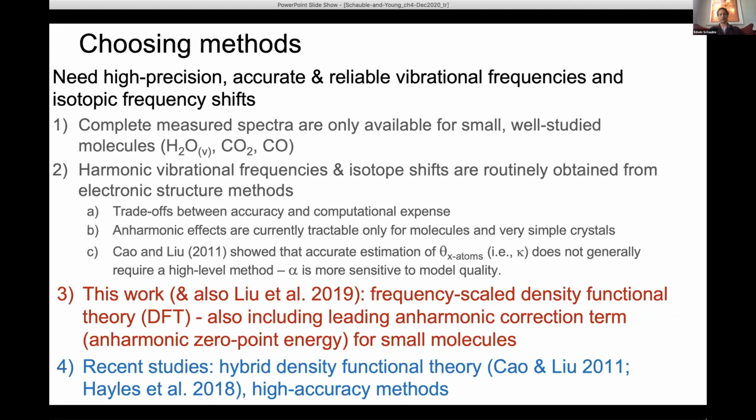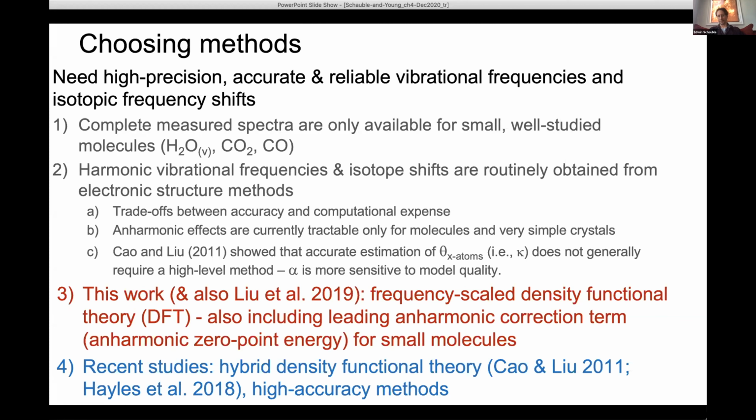And so in their paper in 2011, Cao and Liu actually showed very nicely that you can make pretty accurate estimations of these mass dependencies without using any kind of really exotic, high accuracy method of making your model. As long as you make a sensible choice, you seem to get a sensible answer. And I'm going to rely on that a lot because I'm going to use what I hope is a sensible choice, but nothing super accurate or exotic from the point of view of making a theoretical model of these materials. So for the purposes of what I'm going to show you, I'm going to be showing model results mostly for this chapter that are based on